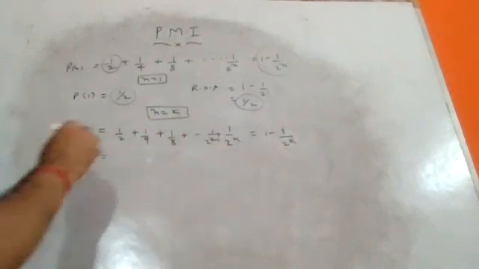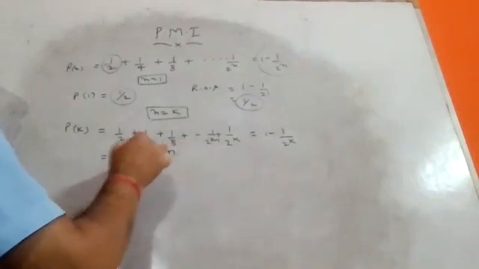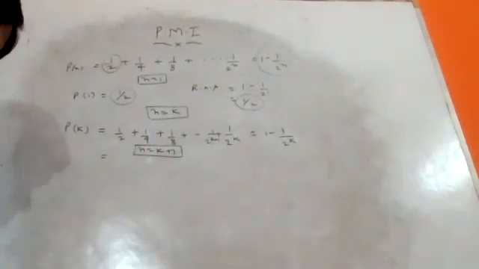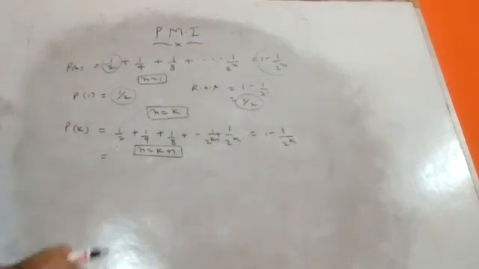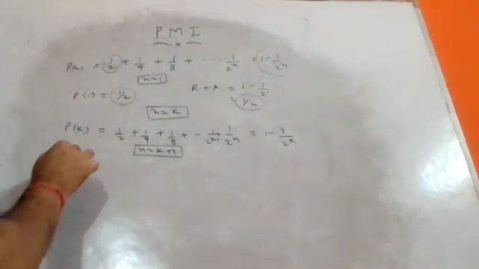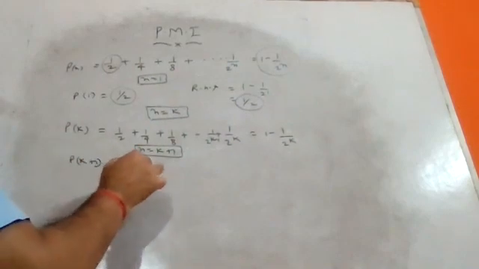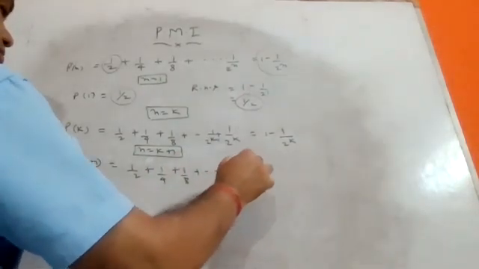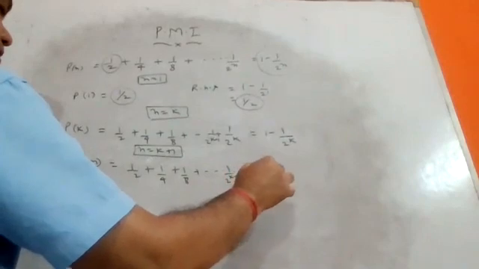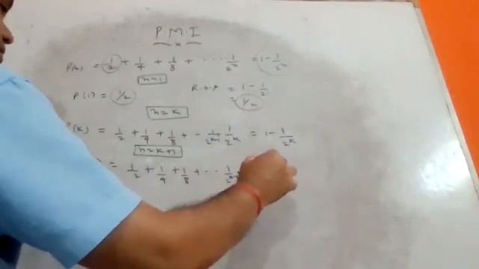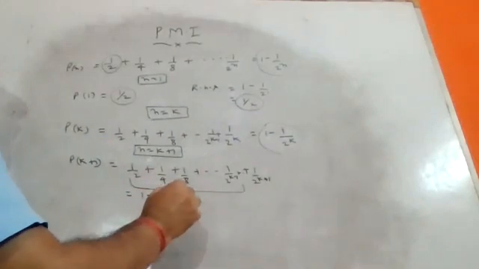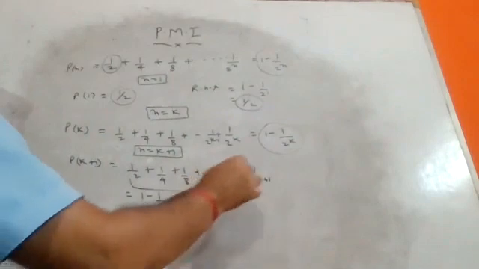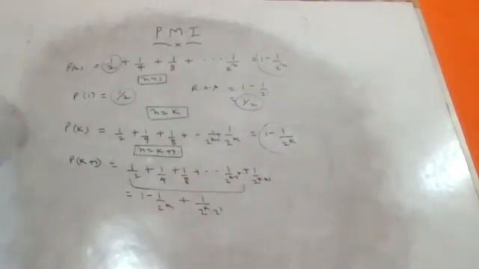This is for k. Now we are going to prove or verify n is equal to k plus 1. In this step, you write 1 by 2, 1 by 4, 1 by 8, up to 1 upon 2 raised to power k plus 1 upon 2 raised to power k plus 1. And in place of the first k terms, you can write this value: 1 minus 1 upon 2 raised to power k. In the last term, you can write 2 raised to power k plus 1 as 2 raised to power k into 2 raised to power 1.